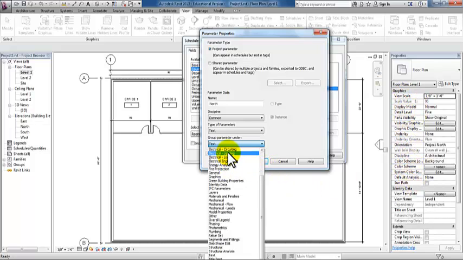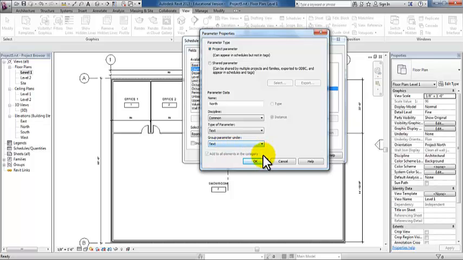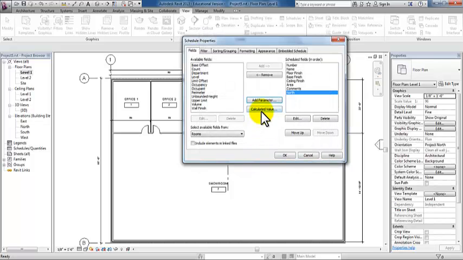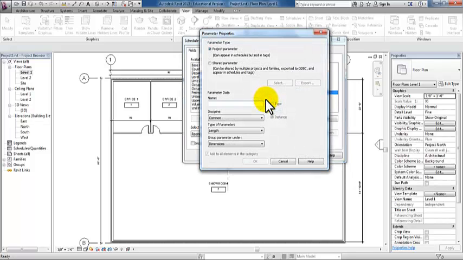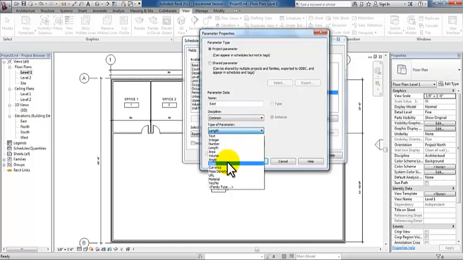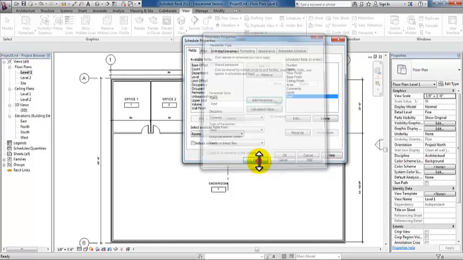another section. So it's up to you whether you want to put it in another panel called text, or if you want to put it in the identity data along with the other data that's there. So I'll just go ahead and leave it as text so that I can show you the difference. Go ahead and pick OK, and we'll create another one for the east. Change the type of parameter to text, and the group parameter goes under text by default. Pick OK,